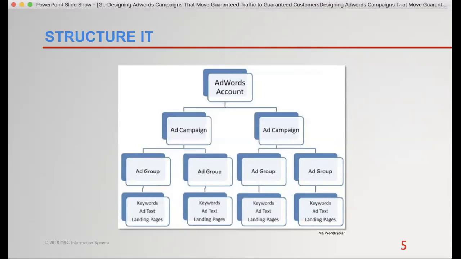I think Google's internal numbers, they say it's like 20% of searches result in clicks on the ads, something like that, 15, 20%. So we know it's going to generate some traffic from those ads that are being shown. The way we guarantee results is we need to make sure that at the very bottom, the landing page, the final thing that we're asking them to do matches the ad text, right? So if I'm giving away a free book, the landing page better say free book if the ad text says free book. And then the keyword should match everything down the road on that too.